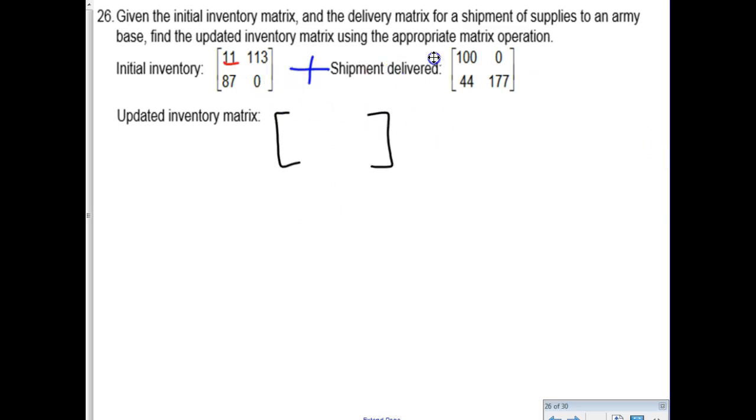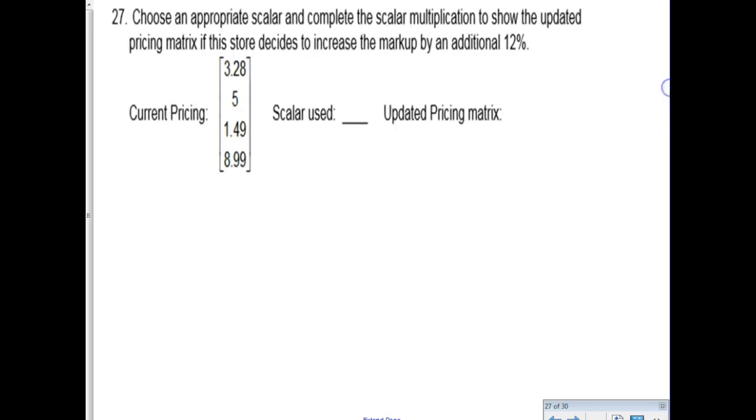So 11 plus 100 is 111. 113 plus 0 is 113. And then 87 plus 44 is 131, I think. And then 0 plus 177 is 177. So you don't have to do anything with that matrix other than just compute it. Alright, so next matrix operation